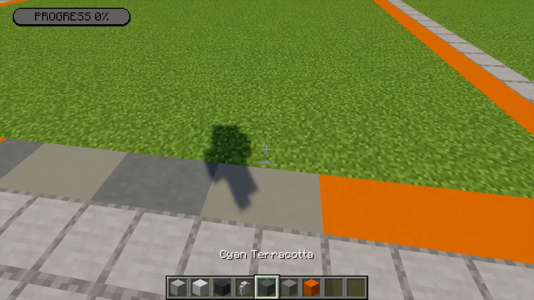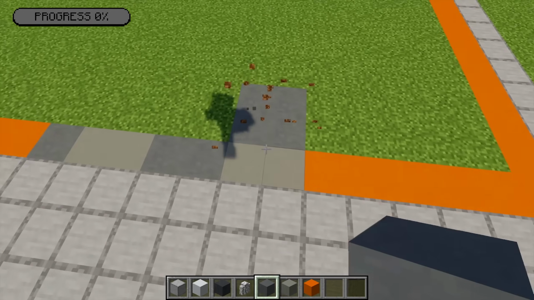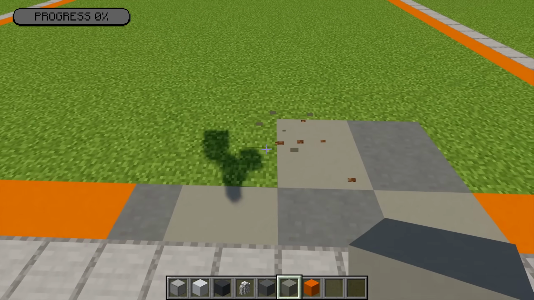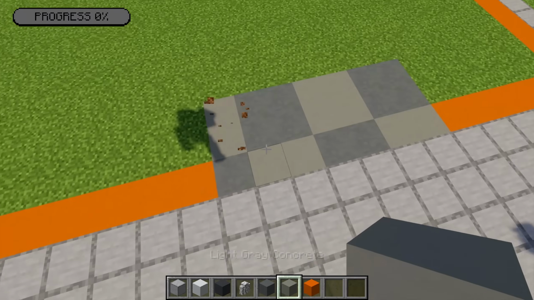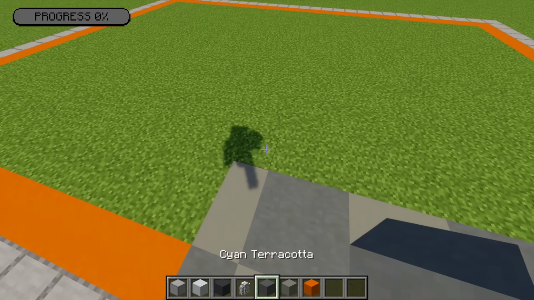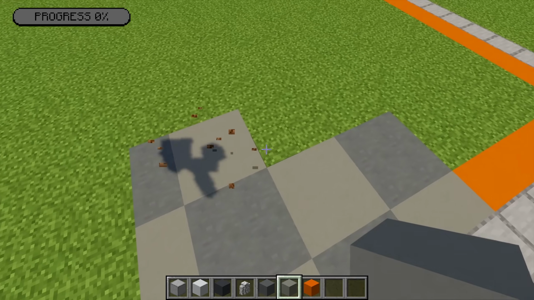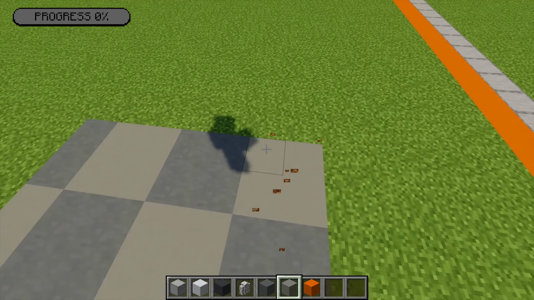So next up, going back to the cyan terracotta, I'm going to place 4 just above this point here. And then more light grey, more cyan terracotta, and then some more light grey. And as you see, we are creating some sort of checkered pattern here. And then again, cyan terracotta on the left there, light grey concrete, more cyan terracotta, and light grey concrete just